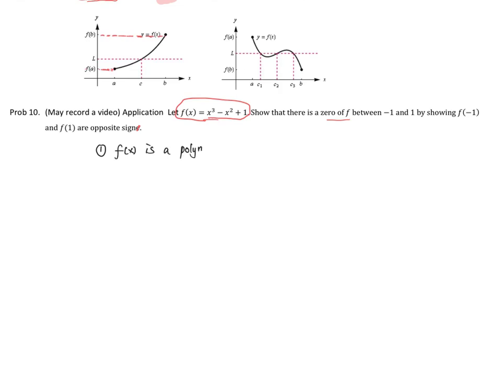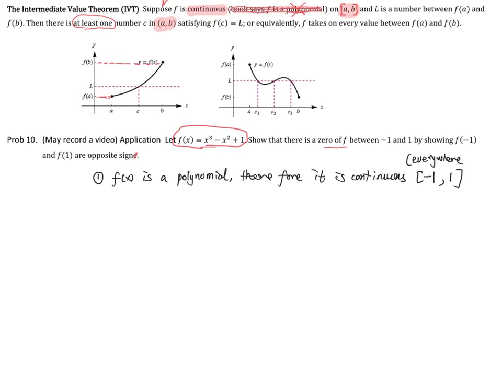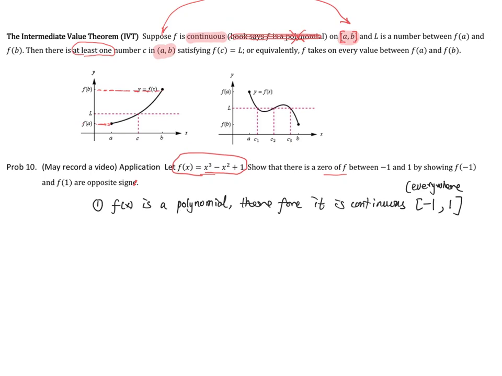And being a polynomial, therefore it is continuous everywhere, including from -1 to 1. And why do I restrict this to -1 and 1? I just want to make sure that when you read the theorem, we match